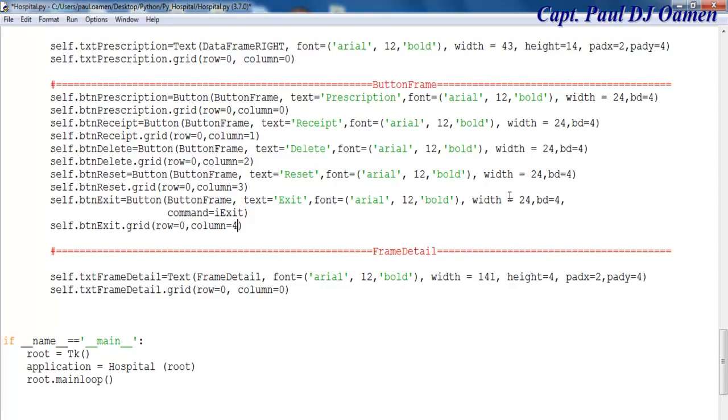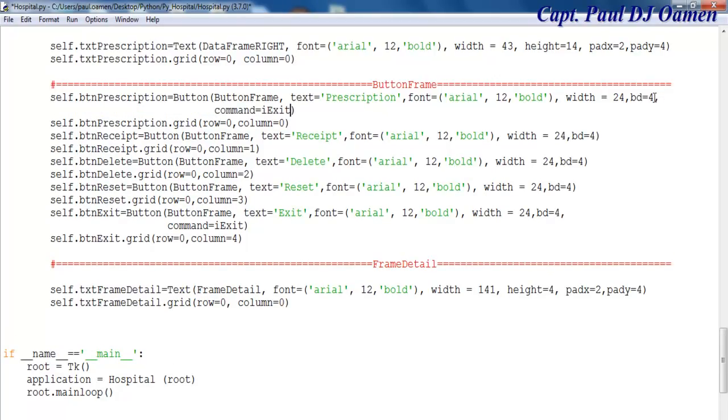Okay, so the next one I'm going to take care of, let me just copy this. Prescription, let's come in here, comma, paste that in there. That's going to be for prescription. Say iPrescription. That is going to be the name of that, the name for the very function in there. So I'm going to copy this. I'll have a function called iPrescription,